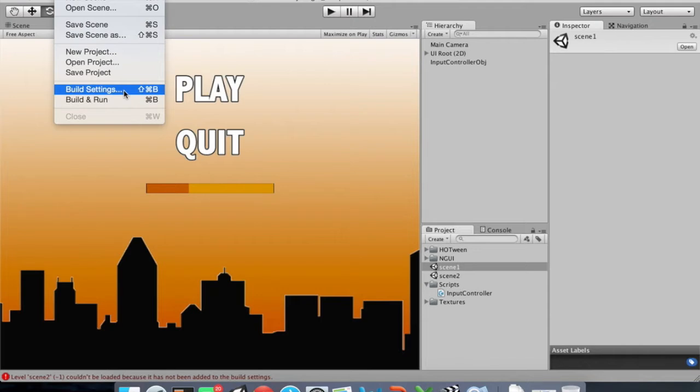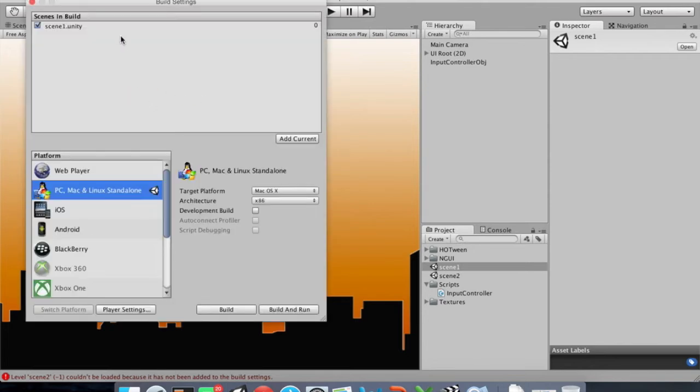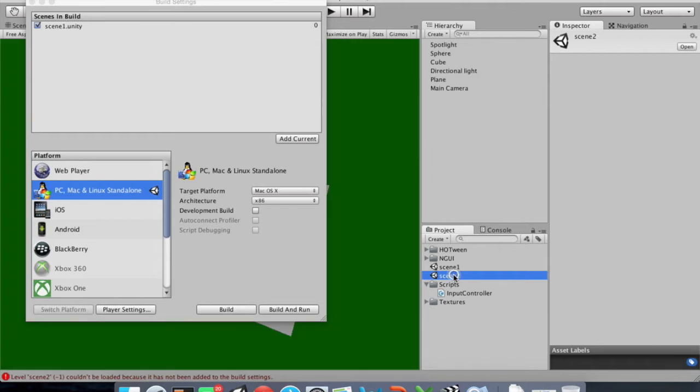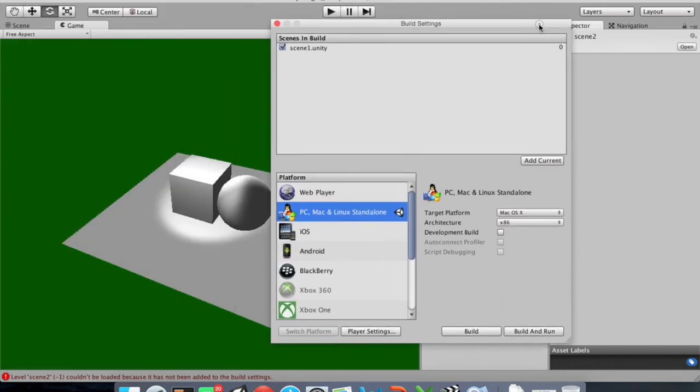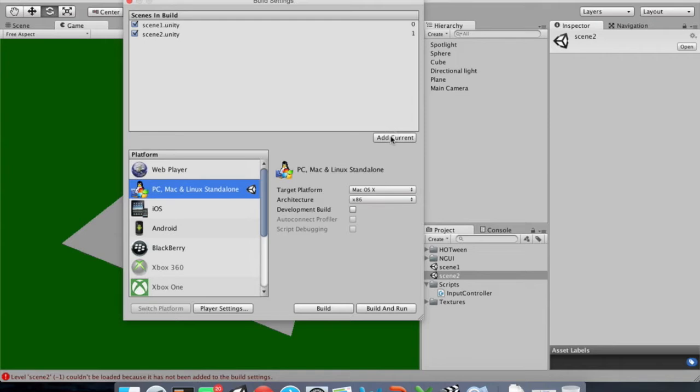So I went to File, and I'm going to select the build settings option from the file menu. Now here I'm going to see that scene 1 has already been added, and if for some reason you don't see anything over here, you can go ahead, open scene 1 and click add current. So it's going to go ahead and add scene 1 to my build settings. Similarly, I'm going to go ahead and select scene 2. Once that loads, I'm going to click add current to add scene 2 to my build. Okay, so I've added these two scenes to the build settings, and now let's see if my hypothesis about